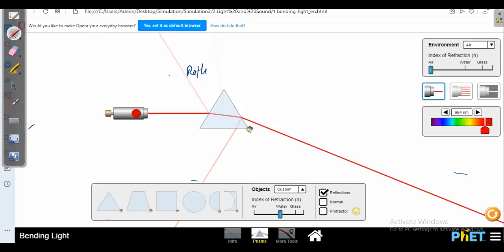When the wave goes here, this is like an incident wave, this is like a reflected wave, this is like a refracted wave. Once the wave comes here, it again gets refracted, and similarly when the wave comes here, you can see the wave going like this, because as the medium is changing, here also you will get refraction as well as reflection.